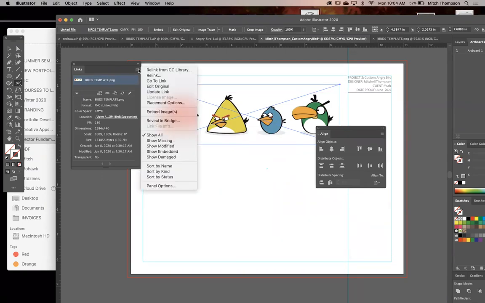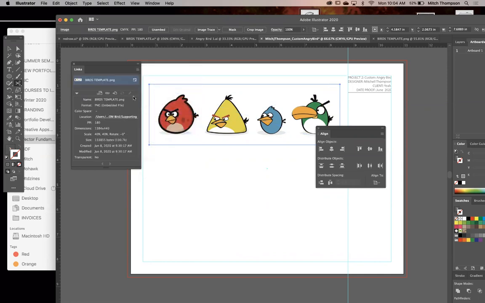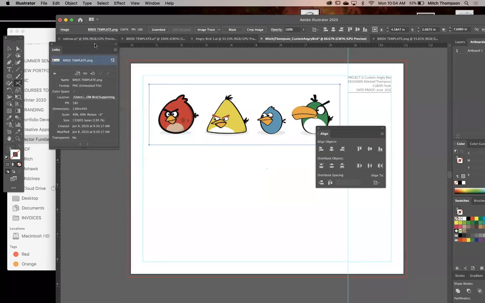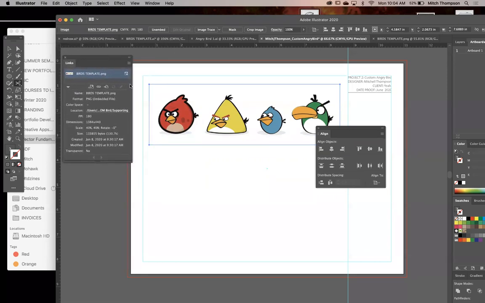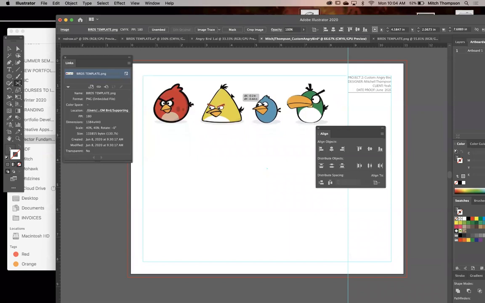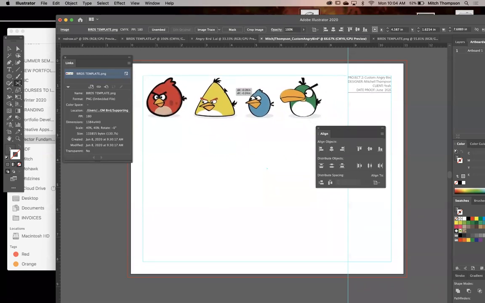We want to know what we're doing, so name the file accordingly. There's a lot of things that have to happen before we start bringing these things in. Anyway, it's all good. I'm going to embed the image. There we go. I don't want to glaze over that. Just make sure you open up your links. You embed it because that's going to make up a portion of your grade.